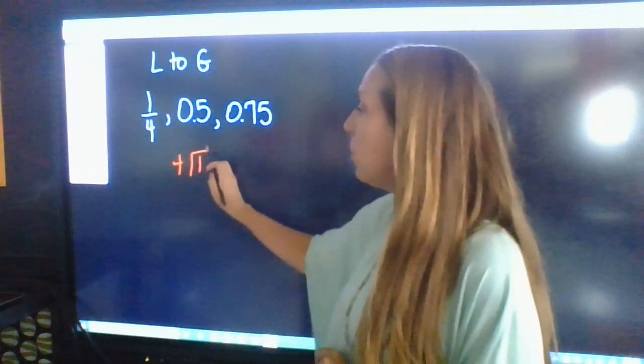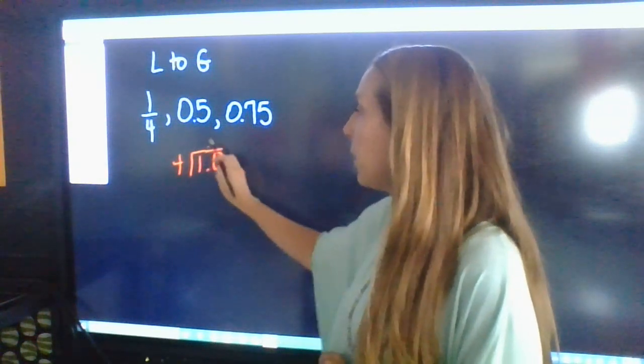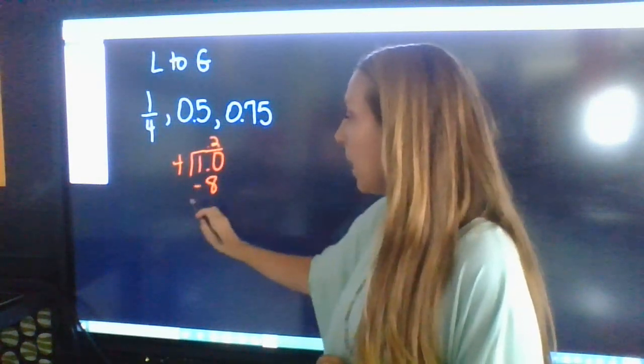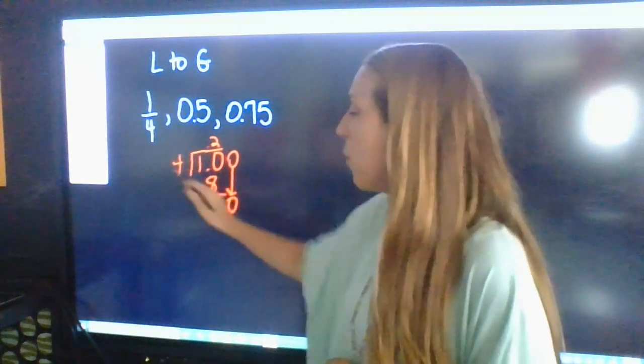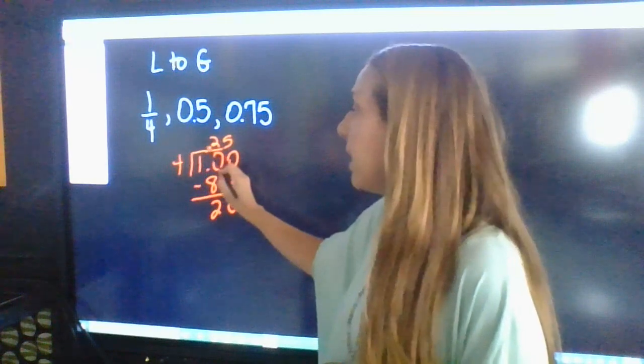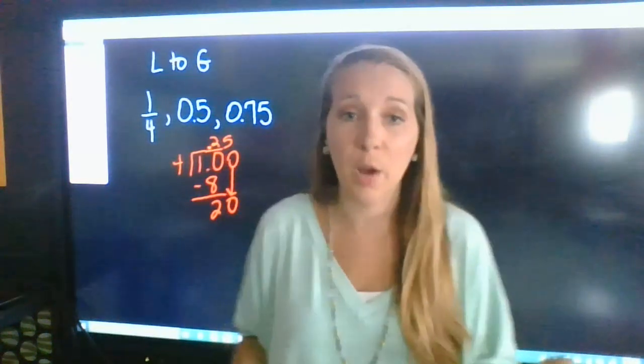4 cannot go into 1, but it can go into 10 2 times, which is 8. Subtraction, we get a 2. We're going to drop another 0. 4 can go into 20 5 times. Now, another way, we can automatically just know that 1